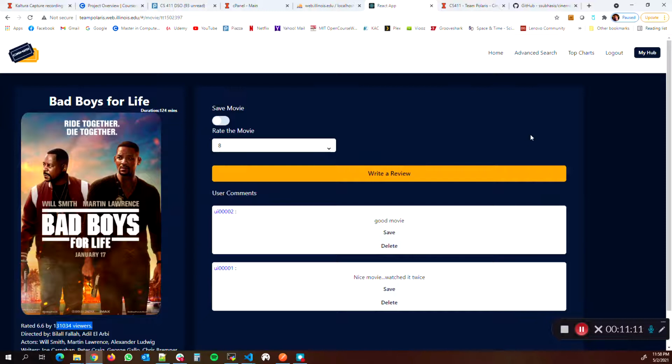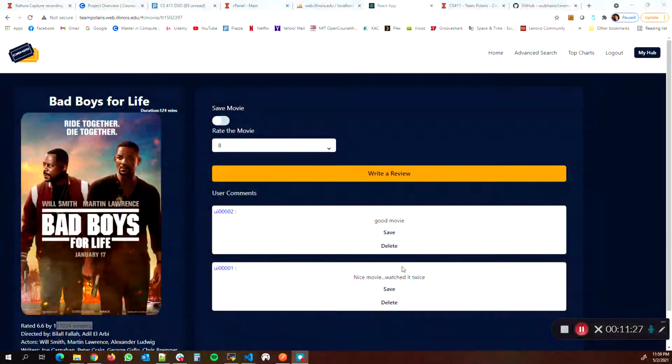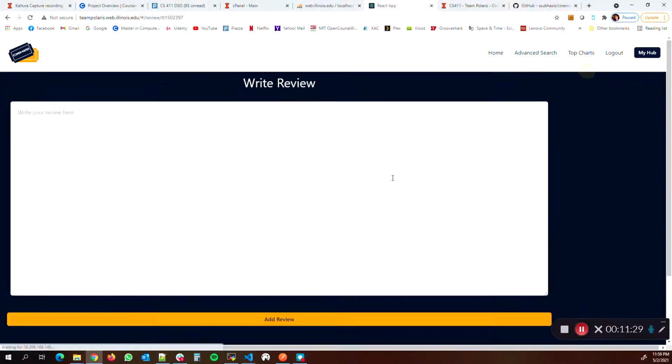This is basically an update operation happening in the MySQL database. Now over here, the user can also write a review, read reviews, and update the reviews for this movie. This section comes from MongoDB, and let's see, he wants to write some review for this movie.